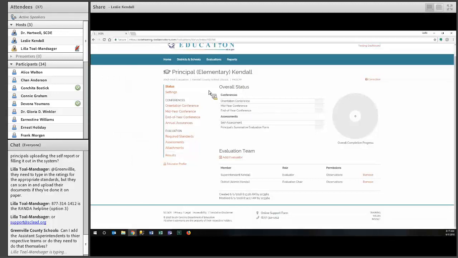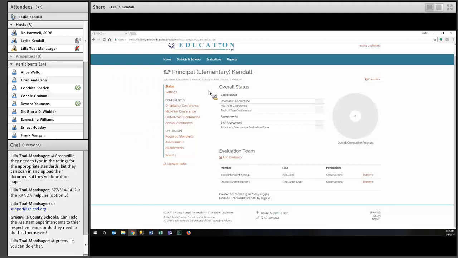Okay, so for this academic year, for 17-18, what you all will be reporting on is the orientation conference, the mid-year conference, the end-of-year conference, the annual assurance, and then the assessment. The assessment would consist of the principal's self-assessment along with the evaluator assessment.